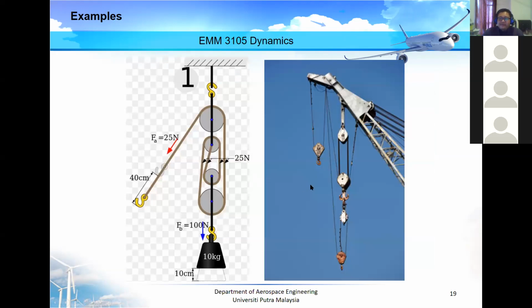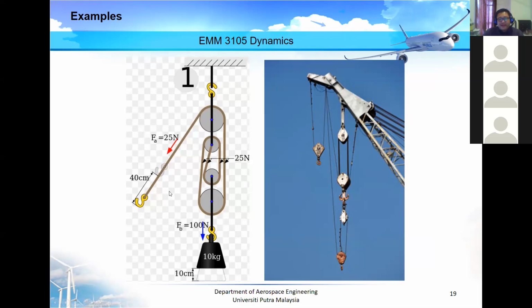Okay. If you notice, this is a crane. If you notice, for the crane, there are a set of pulley system. Okay, this set of pulley system. Later on, we are going to learn how to play around with this set of pulley system so that we can design something that is